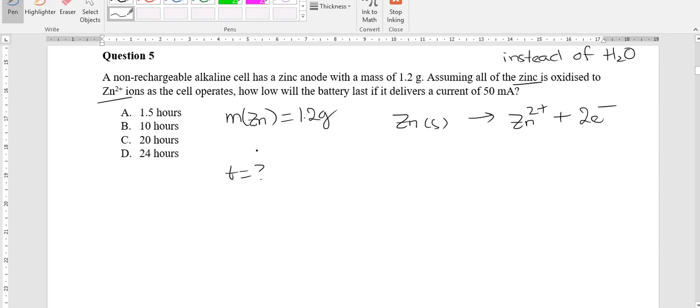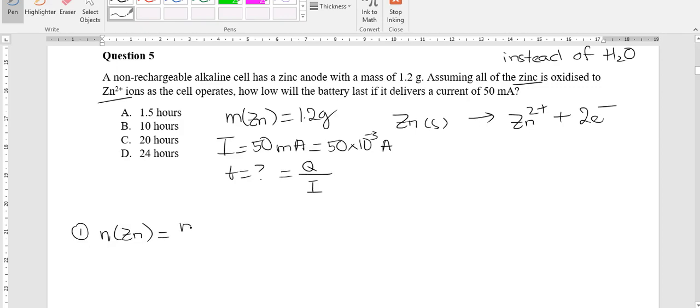Assuming a current of 50 milliamps, so I is 50 mA, which you need to convert to amps, so 50 times 10 to the negative 3 amps. If I'm looking for time and I have the current, I need to get the charge divided by the current. So basically what you need is to find the charge. We're going to find the charge via the number of mole of electrons, which we can get from the number of mole of zinc. So step 1 is to find n of zinc, which is going to be mass of zinc over its molar mass. So we have 1.2 over